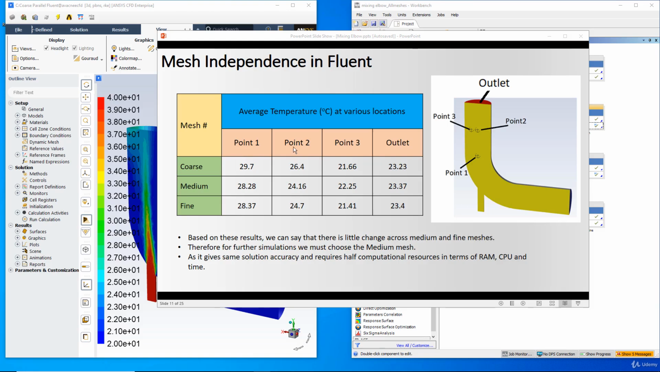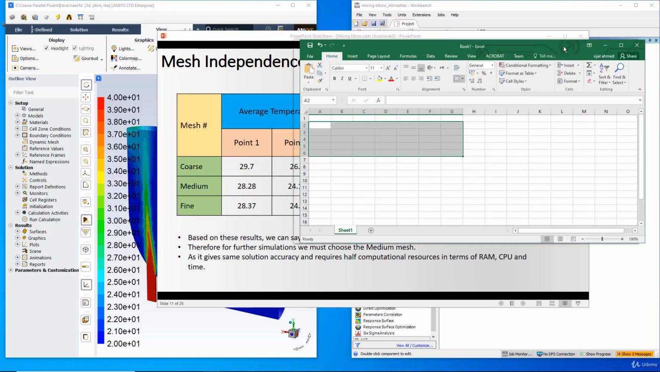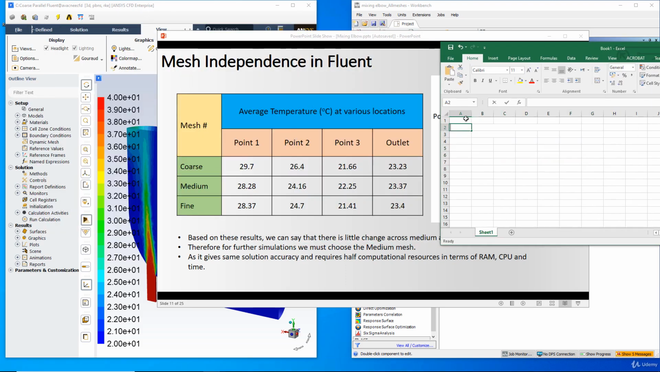And now the next task in the Fluent section is to make the mesh independence study for the coarse, medium, and fine mesh. Let me create these three fields here, which are the coarse, medium, and the fine mesh. And also we have the point 1. I'm not going to format them like I did in the slide, which you can do on your own, which is very easy to do. And the point number 3,